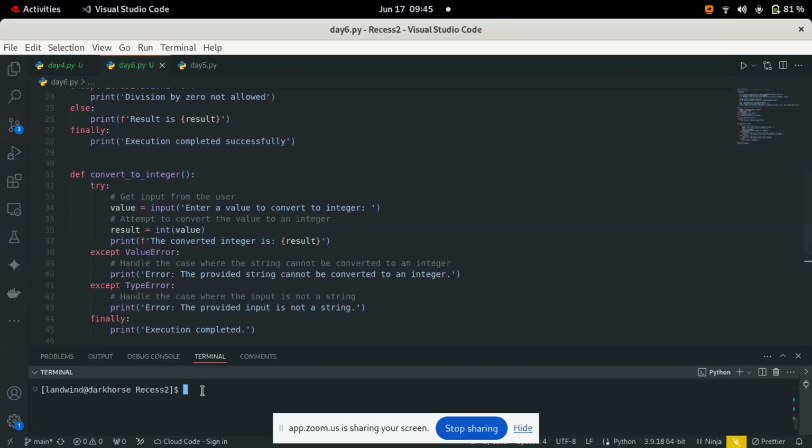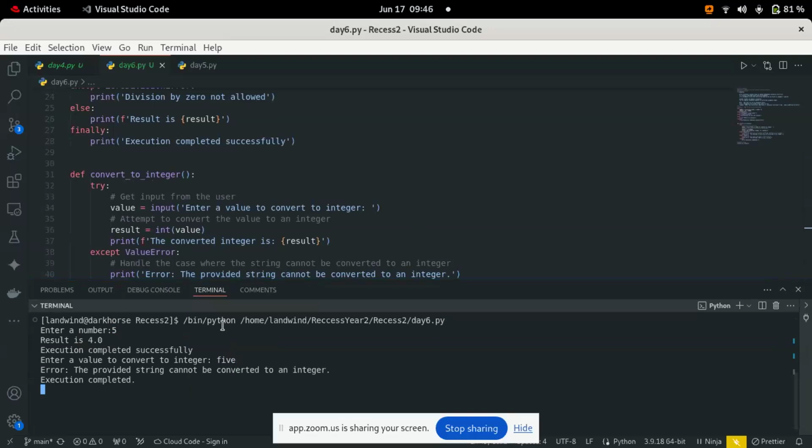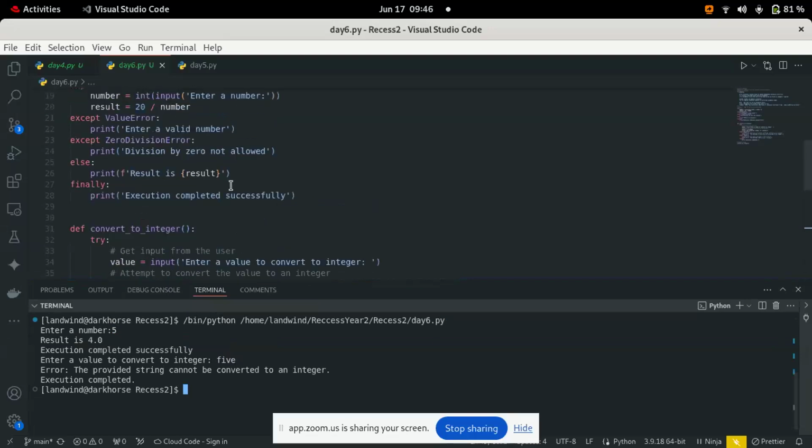When I come to my terminal, let me first expand a little bit for better visibility. So when I run my script, okay, this one is for the previous example that we were doing. From here, I can start with, let's say, entering a value to convert to an integer. For the first time, if I enter a string, let's say 5, automatically I raise the exception error, which is that the provided string can't be converted to an integer.